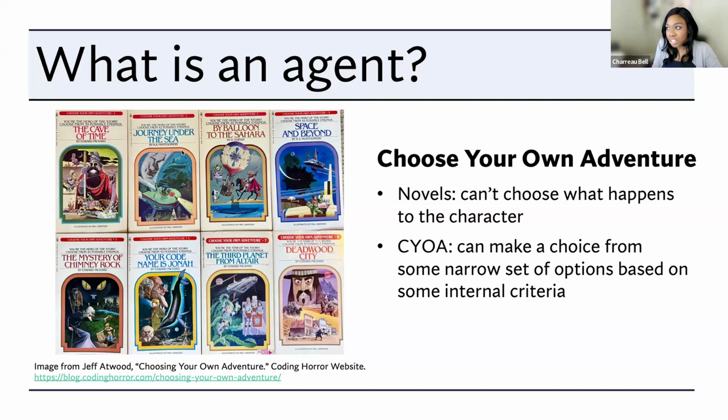But when you have agents, you're able to look at the section of the book, right? Based on that information that you have, you make a choice between some narrow set of choices. Maybe they're narrow, maybe they're a little bit wider, but you have some set of choices. And so you're able to control the next place that you get to as well. And then you do this iteratively until you get to one of these 42 possible endings in this particular scenario. Or if you're more like a software agent, you might have any number of possible endings, but in those endings, your objective is to achieve your goal.